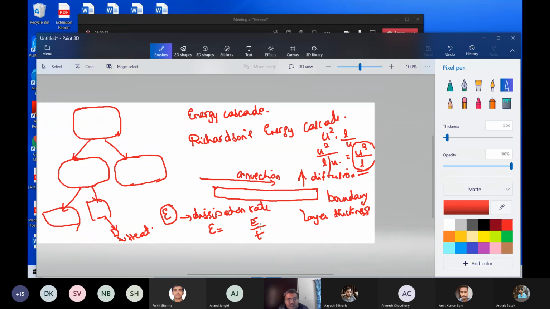So this rate of dissipation is usually given by u cube by L, where u is the velocity of the largest eddies, or general velocity scale, and L is the size of the largest eddies. Actually, I will come into a little more detail on these things later. Today is just an introduction, not as detailed as I would like when I go further into it. I'll do one more thing and then stop.